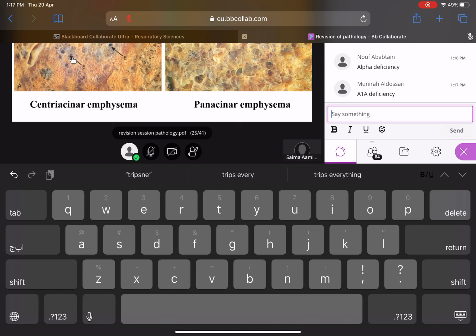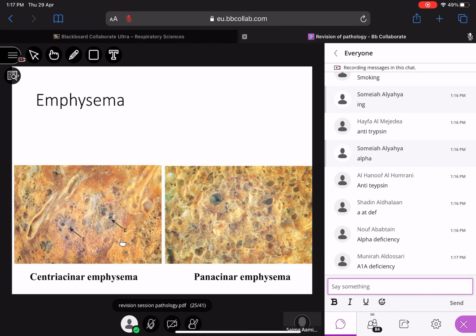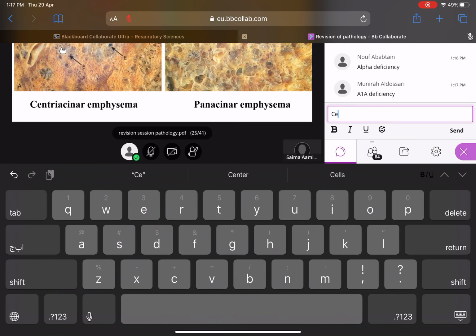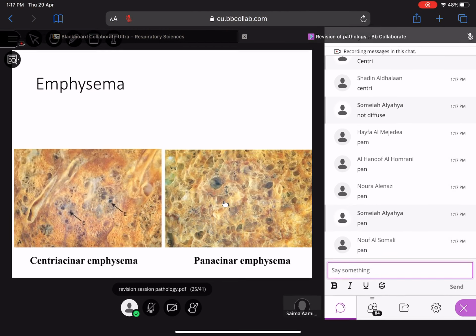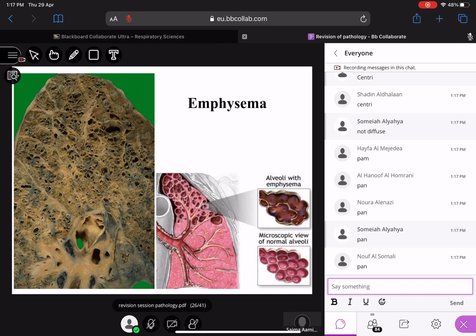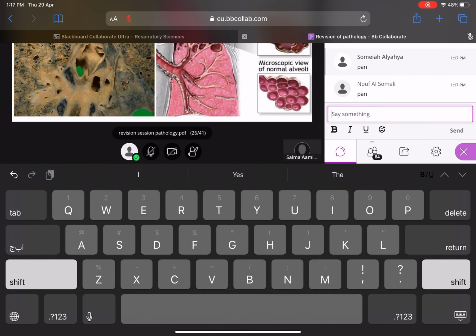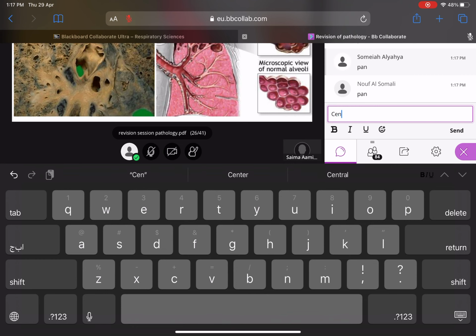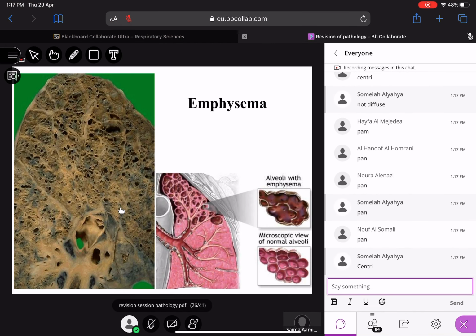So, what type of emphysema is this? You have dilatation of air spaces, and some of the lung in between is normal, so it will go with centriacinar. And what about this one? It's panacinar. Even if you write emphysema, as I told you in the session, it will be considered correct. So here you see dilatation of the air spaces with some normal, and the upper part of the lung being affected, so most likely it is centriacinar.